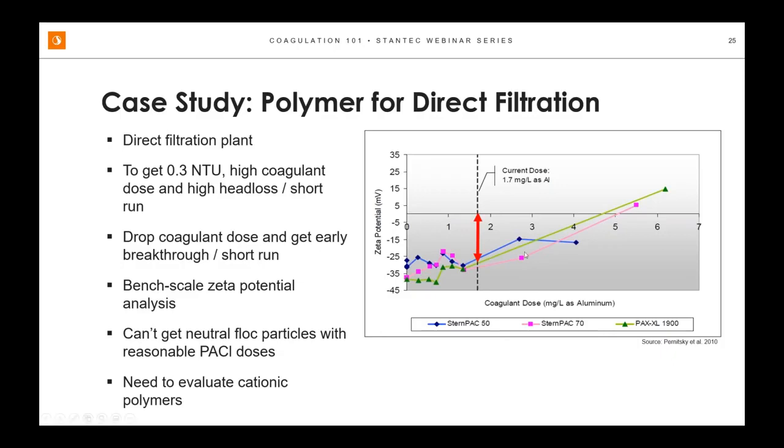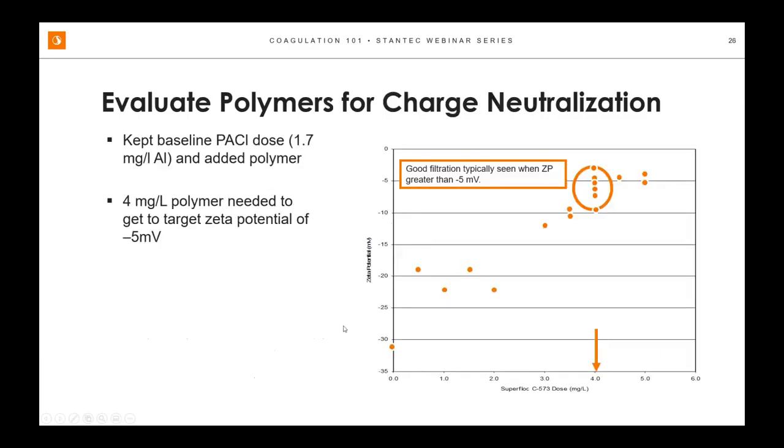So they knew that if they increased the coagulant dose, they were just going to have too many solids and gum up the filters. So the thought was, let's evaluate some cationic polymers that might be able to raise that pH up for them. So we did some jar tests with a particular polymer. We kept their baseline polyaluminum chloride dose and just started adding different amounts of polymer to see what would get